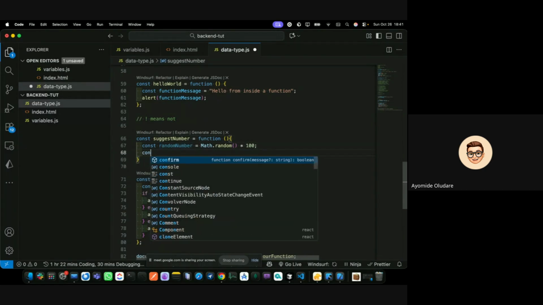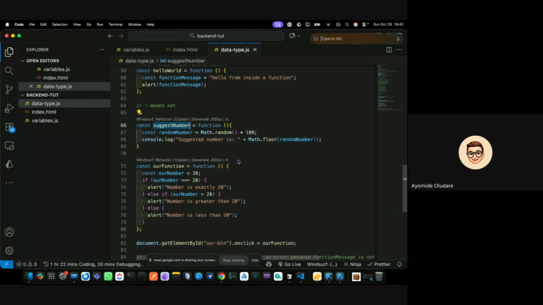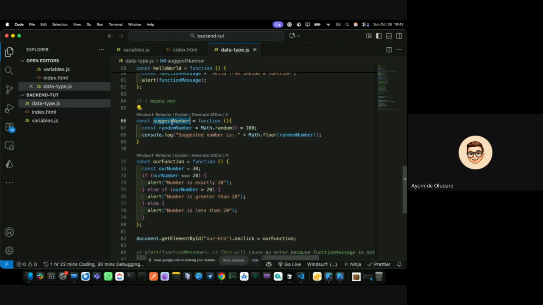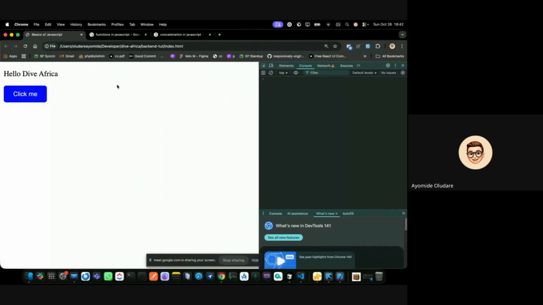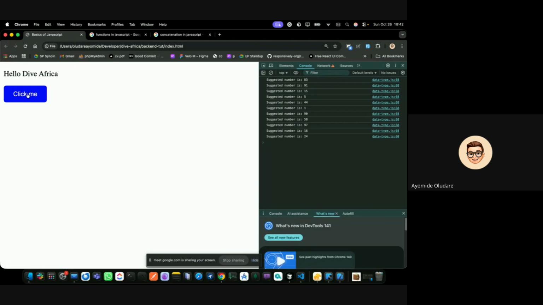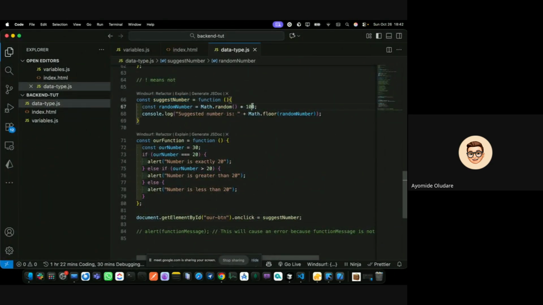Let's log this to the console. Suggested number is blah blah blah. If I come here and change our onclick to suggestNumber, let's confirm that our suggestNumber is working. You can see we have 8391. So the reason we have times 100 here is that the number generated without this times 100 is